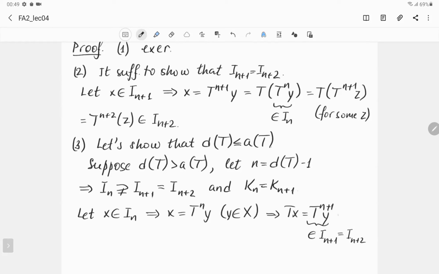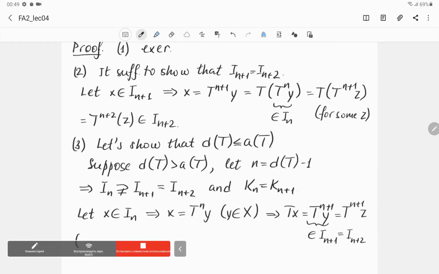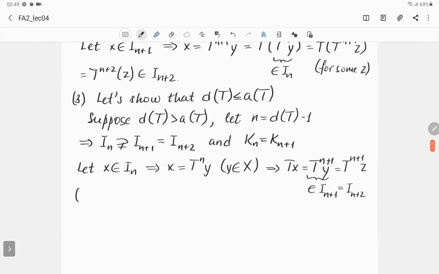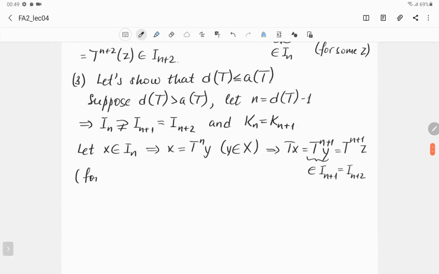So we can write this element as T^(n+2) of z for some element z in our space. Okay, this implies the following. If we compare